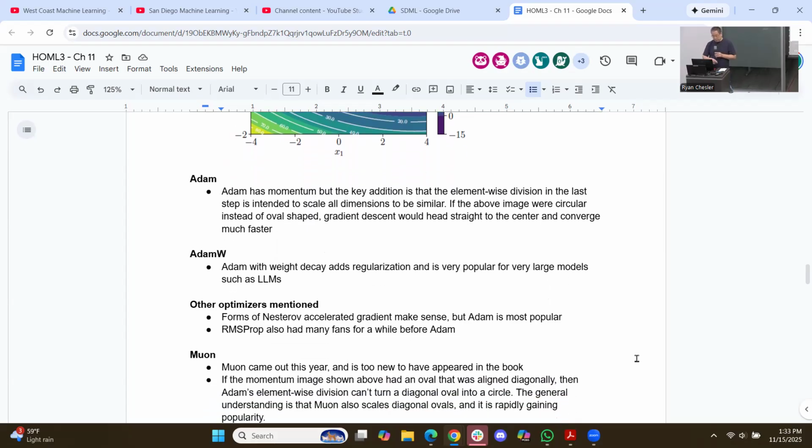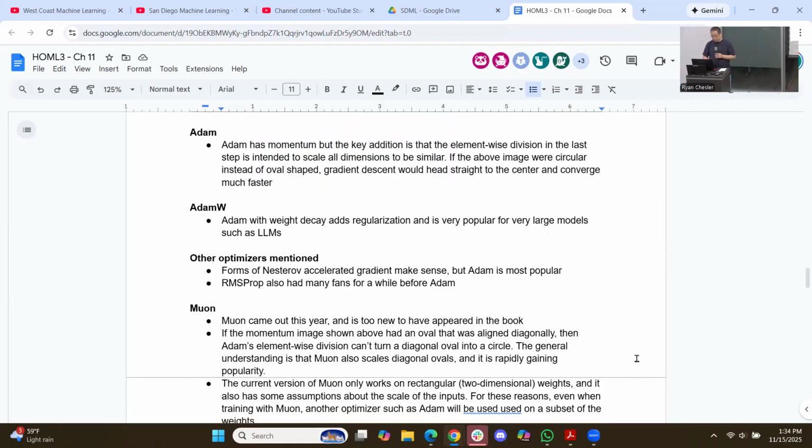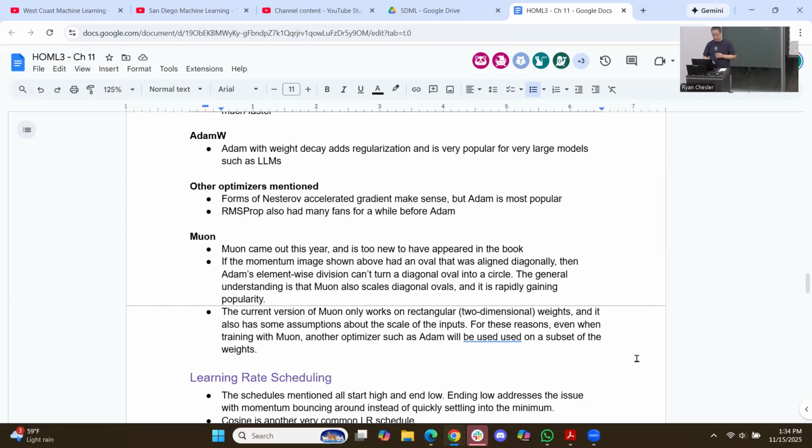The book mentions some of the other ones. Some of this Nesterov accelerated stuff is popular, and RMSProp also had a bunch of fans, so you may see people talking about that. It's not as popular now that almost everybody uses Adam. I also wanted to mention Muon,